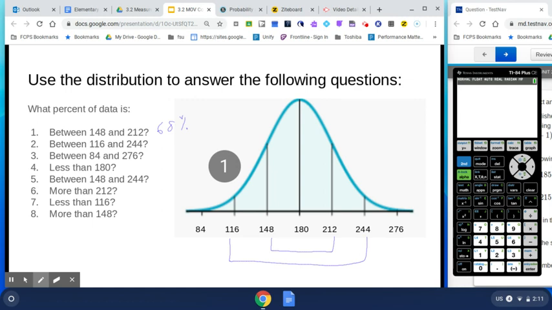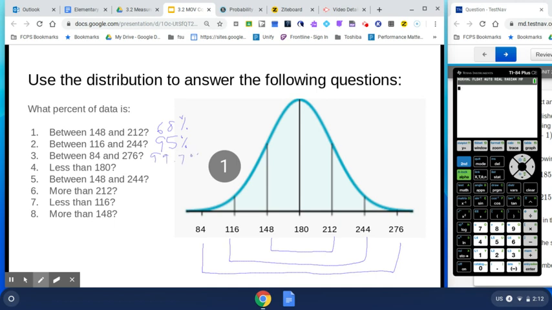We see that that's 2 standard deviations above and below the mean. The empirical rule states that 95% of the data is going to be within 2 standard deviations. Number 3, between 84 and 276. That is 3 standard deviations out in both directions. Again, the empirical rule states that that's going to be